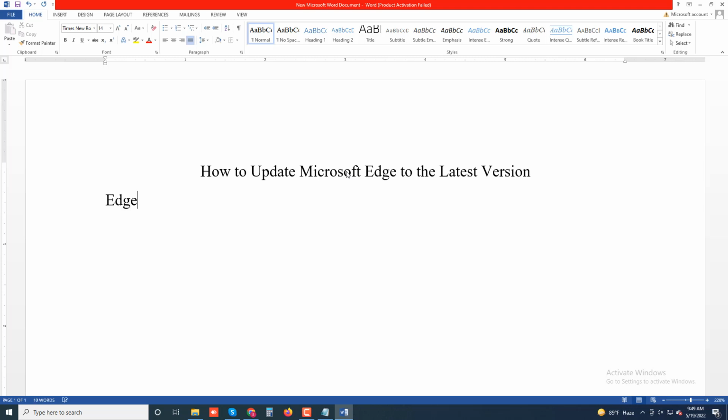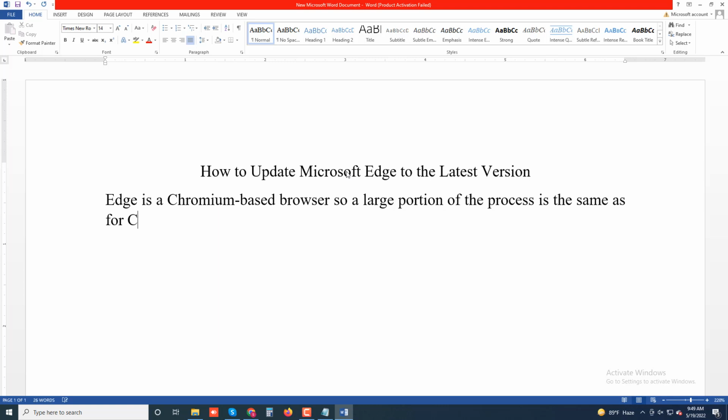Edge is a Chromium-based browser, so a large portion of the process is the same as for Chrome. It also installs updates automatically,